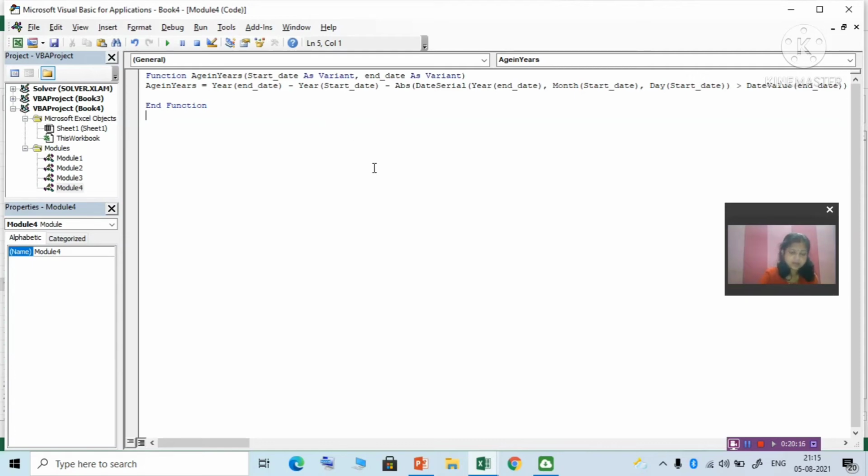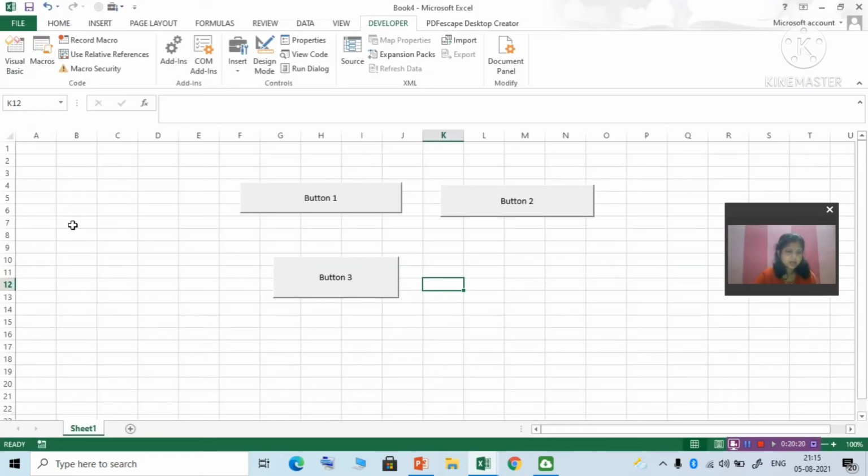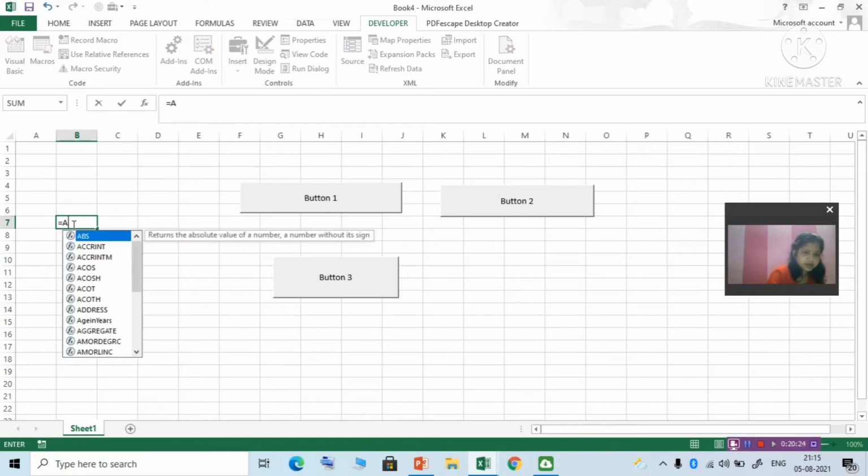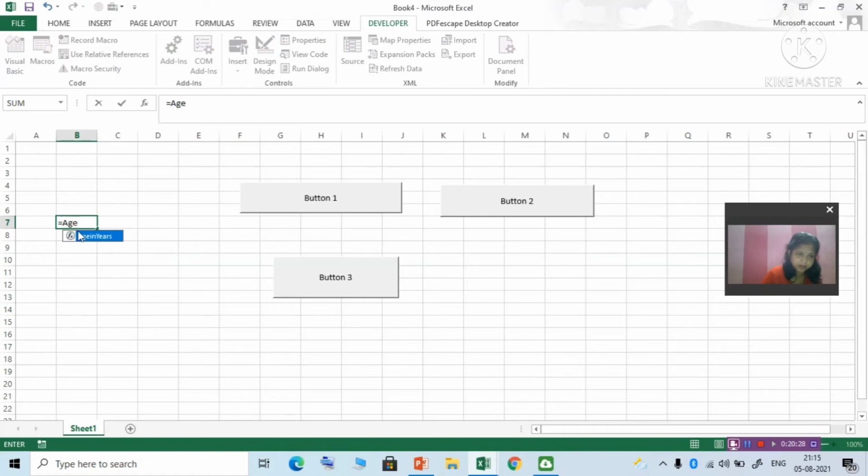execute it? Okay. So you come back to Alt plus F11 here. Anywhere you write is equal to, okay, then the function name as you have given, age in years, and automatically it will come. Suppose somebody's age is 18 years. Okay. Suppose the birth year is 2000, now it is 2021. Okay,